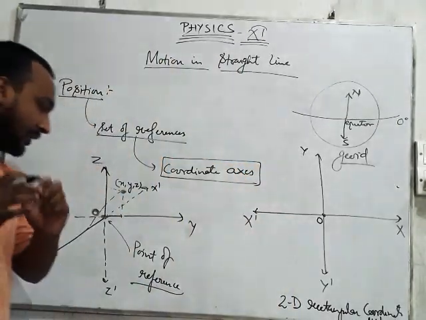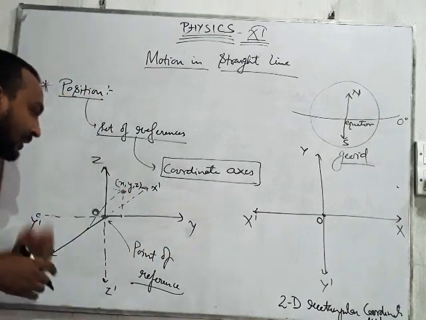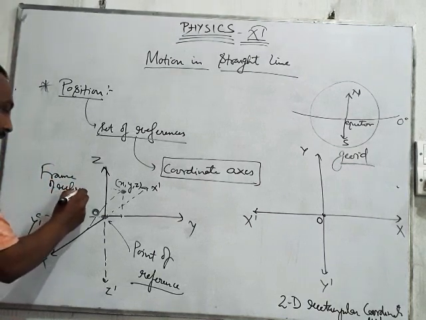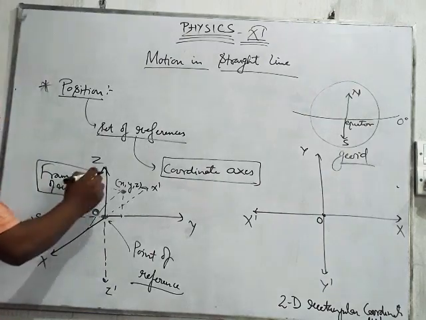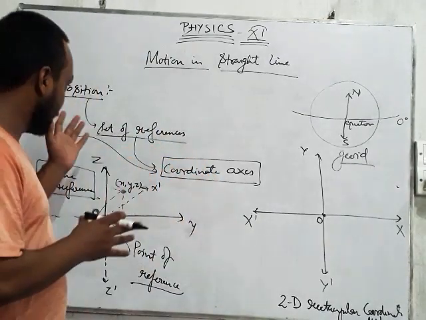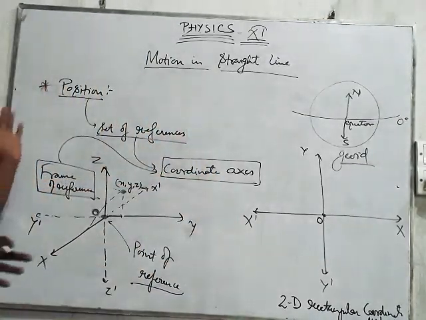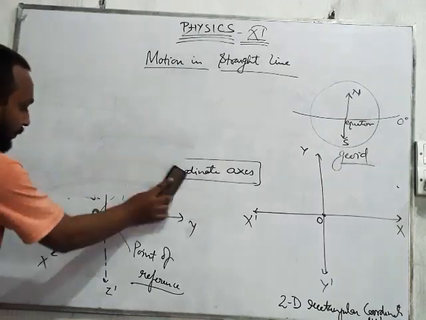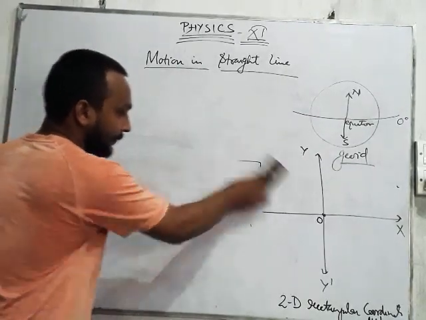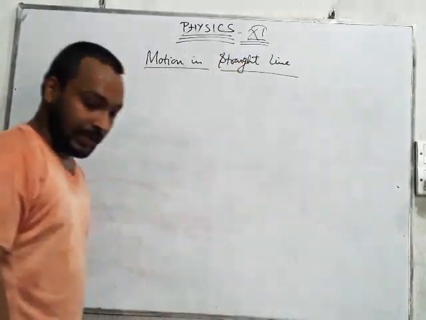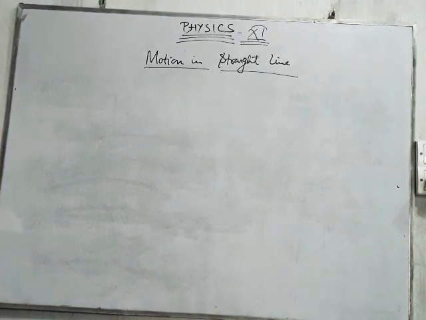Alright, so you got the point about point of reference and position and frame of reference. So frame of reference here is coordinate axis. Frame of reference is what? Coordinate axis. Alright, now I shall tell you about path length. This position is clear, I think. You have understood well about the position. Now about path length. Let us see. Along with path length, we shall understand about displacement also. Okay? So here